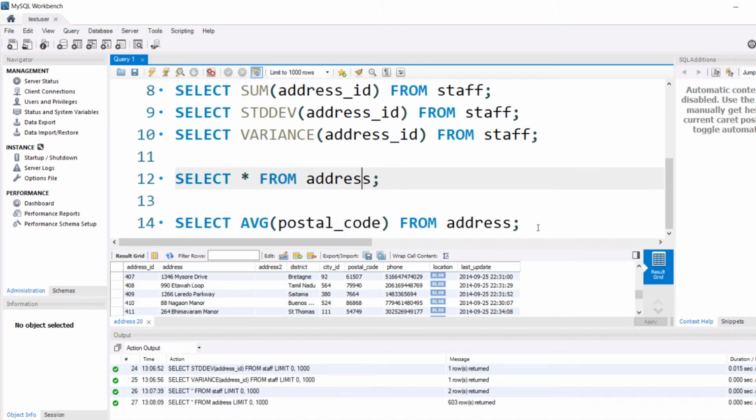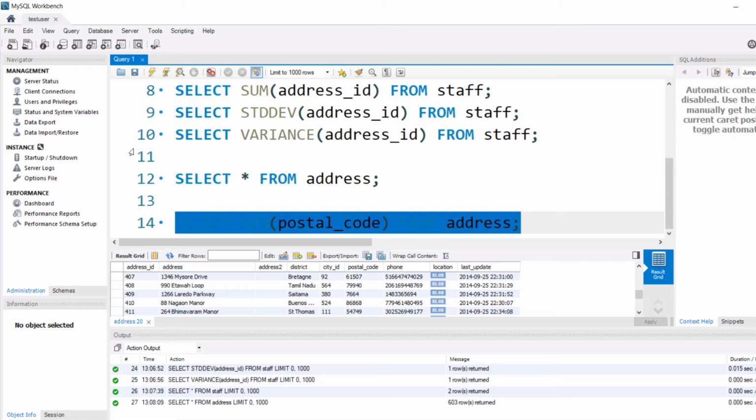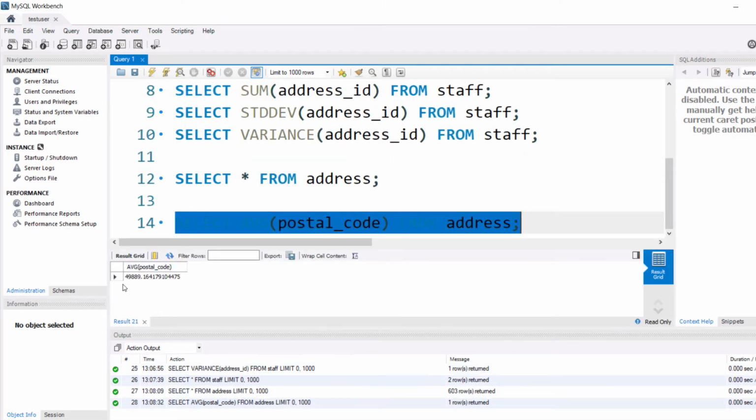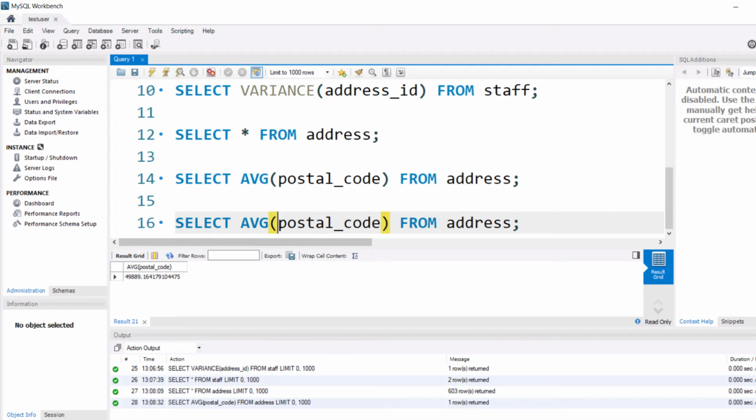So here I am just going to compute the average of postal code without handling the null first. Then let us see what happens. So it is 49889. Remember that. And I'm just going to copy this and say average of IFNULL, comma 0.